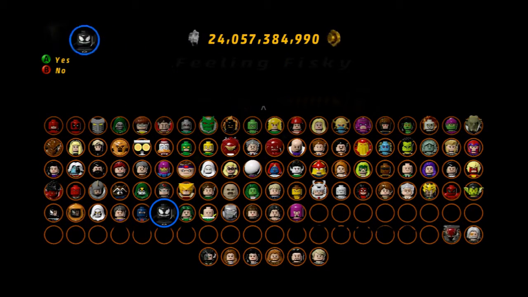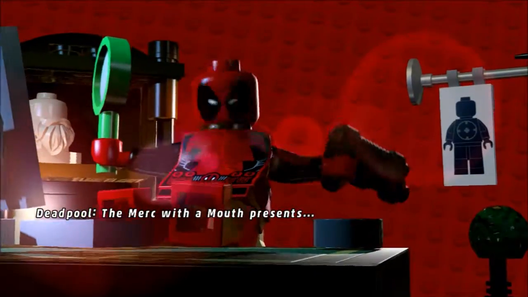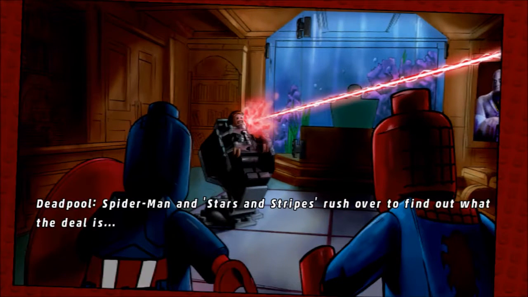Now, when you bring characters into free play, you get to pick one character, and then the computer will try to give you teammates to help you with the various challenges in the level. And then you're also given the story mode characters. So in this case, the story mode characters would be Spider-Man and Captain America,